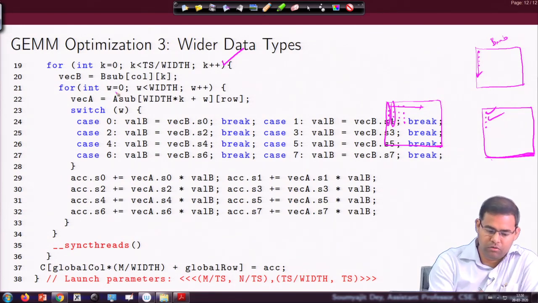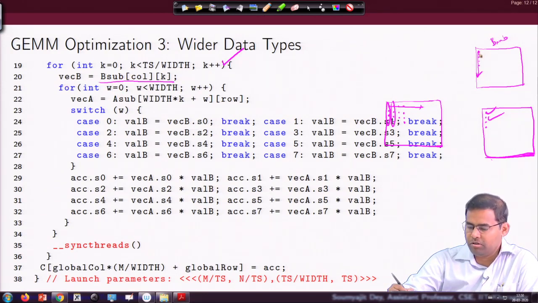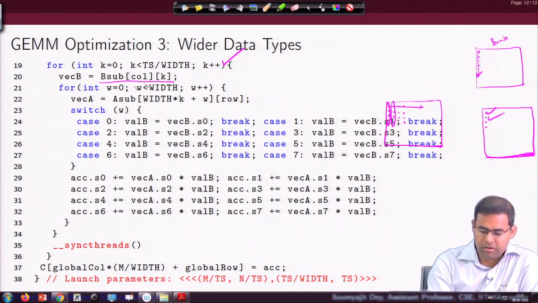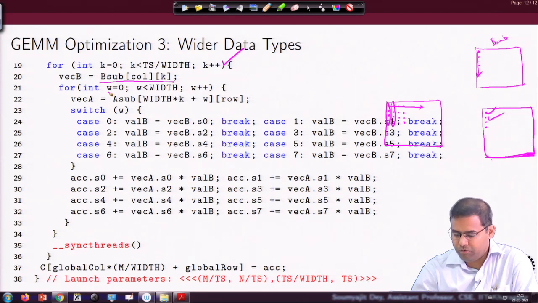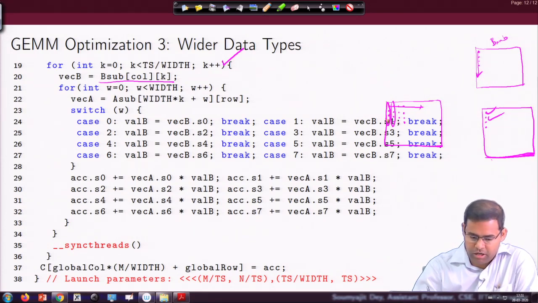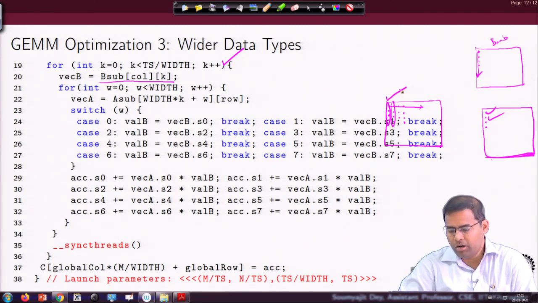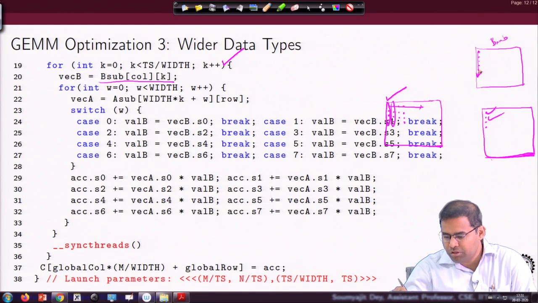So, what do we do? Well, we take the B sub value in some vector B, which is fine because I need these values which are anyway together. But for A sub, I have to have a loop which will run through the entire width, which is 8 in our implementation, consider it 4. In each iteration I take one element of A sub. In the first iteration, what am I really supposed to do? I am supposed to look into each of these components individually, multiply them by each of these components and store them as partial sums here.